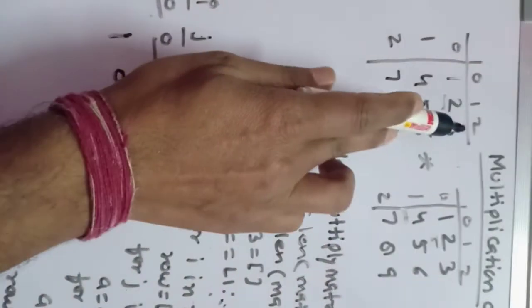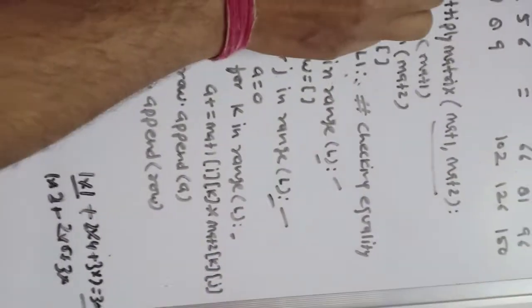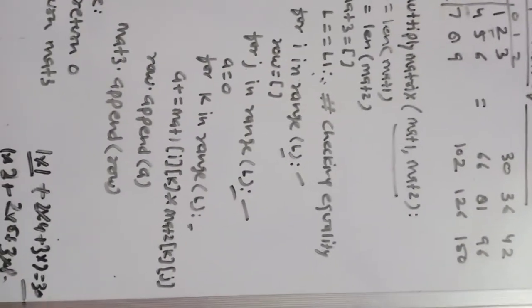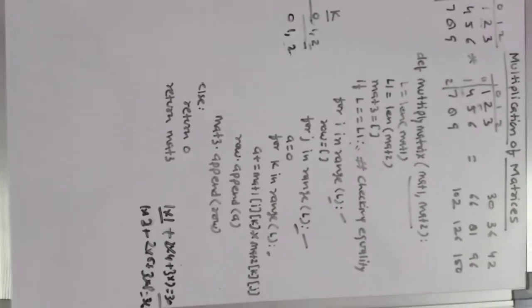In the third rotation, when K will be 2, IK means 0, 2. At 0, 2, 3 is placed. So, it is 2 into 5 plus 3 into KJ, that is 2, 1. At 2, 1, 8 is placed. 3 into 8, as a result 36. The second value is placed. In the same way, third column multiplication will be done.